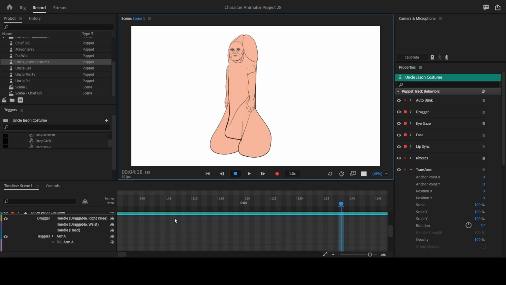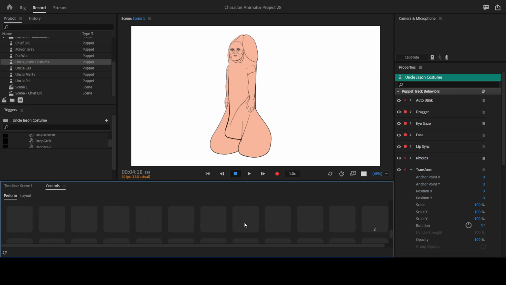And for you to drop it, you remember what you press, Z and X, or you can come to your controls here, and then you come down here and you see so many other drop triggers that I've added. So when you come down to this point, you see all the other drops. You see drop mere,